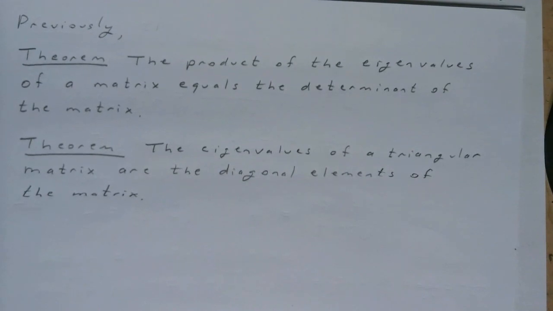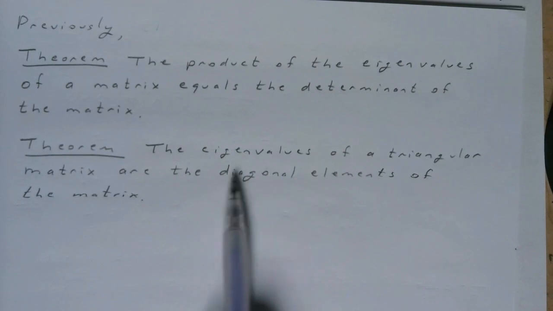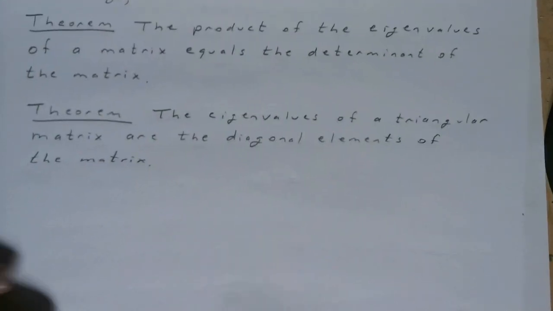So if we happen to have a triangular matrix, then we can just read the eigenvalues right off the diagonal. So for example,